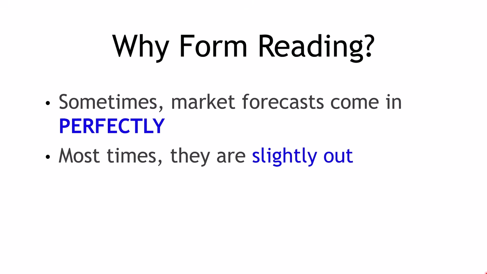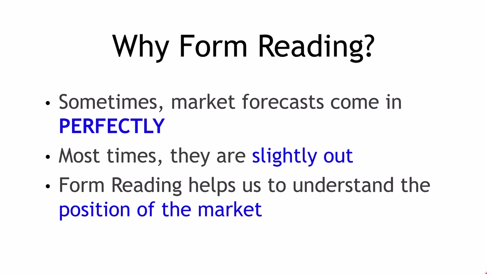And Gann had a term for this. He called it lost motion. You can have lost motion in price, where the market runs a little bit above your forecast or a little bit below your forecast. And you can have lost motion in time as well, where the market comes in a day or two early. But because of this imperfection, we need to have these form reading skills to help us to understand the position